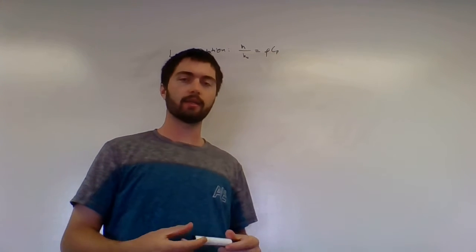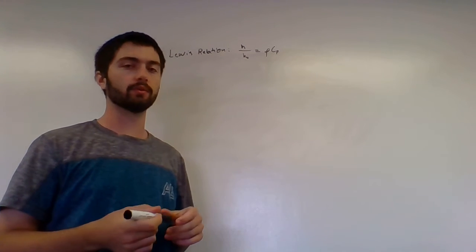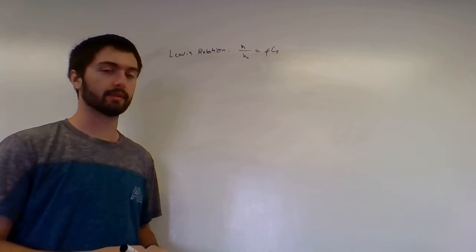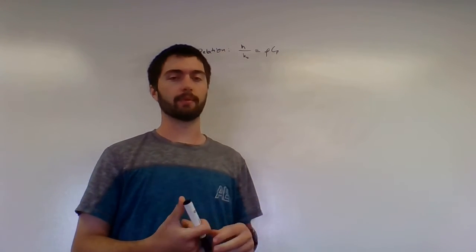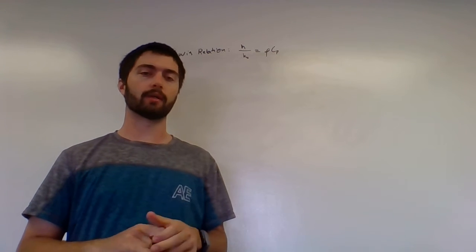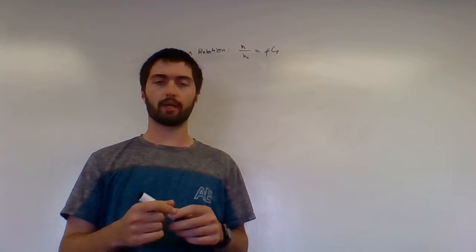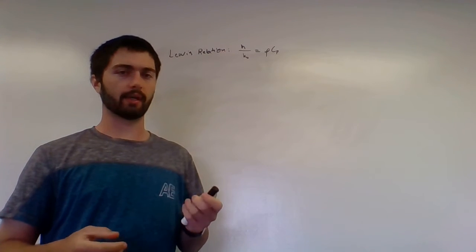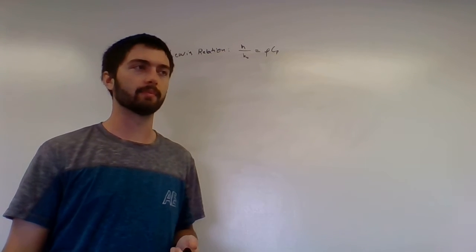Hey, this is Kyle again, and I'm here to talk about part A2 of exam 3. And that's how we can use the Lewis relation that we discovered in part A1 and apply it to a wet and dry bulb energy balance. So kind of what that is getting at is when you have a wet bulb and you swing